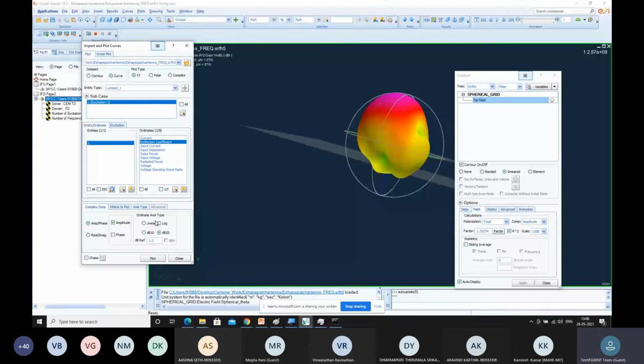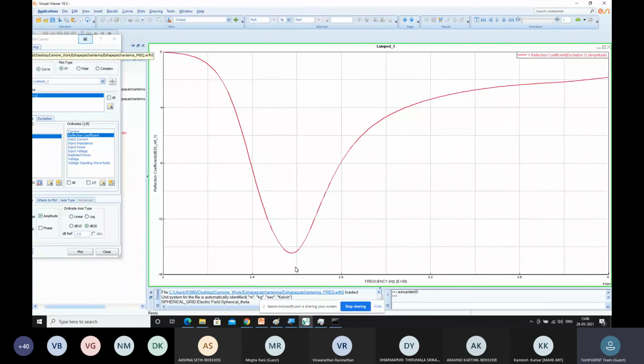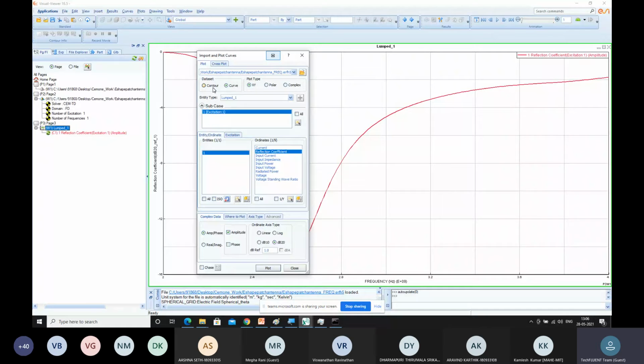Here you can calculate the reflection coefficient also. You'll be getting a reflection coefficient at almost 2.57 gigahertz of frequency, where you're getting a peak. This reflection coefficient is nothing but your S parameter, what we can call it. So we can evaluate the S parameter, and similarly, if you want to go ahead with a spherical grid, if you want to go ahead with a field pattern,